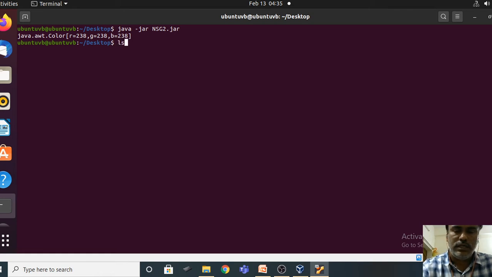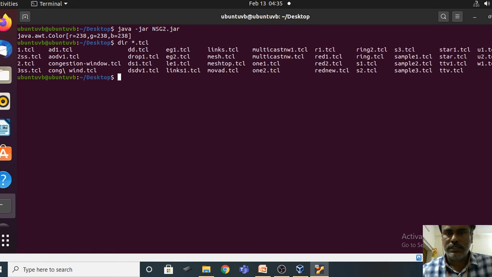List. I'm going to display dir star dot tcl. So is there a file by name meshtop dot tcl? Yes. See, this is the file. This is the topology that we have created just now. So right now you can find only this dot tcl, and the trace and nam files are not yet generated